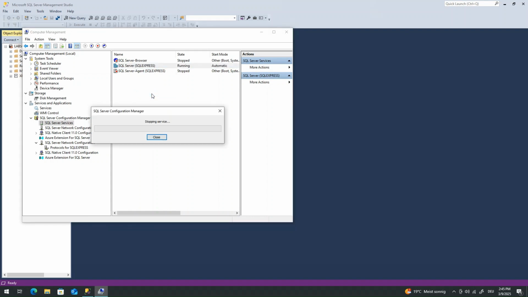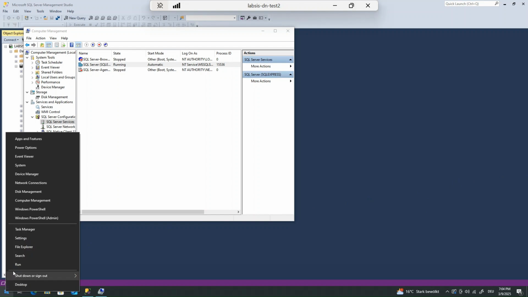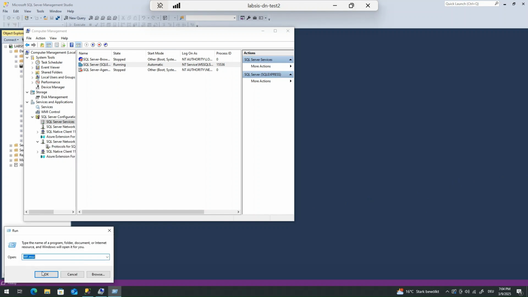Here we choose Restart to restart the service. Next, we need to tell the Windows firewall to open port 1433 so that requests to the SQL Server are not blocked by the firewall. To open a port in the Windows firewall, we open the Start menu, select Run, enter the command wf.msc, and